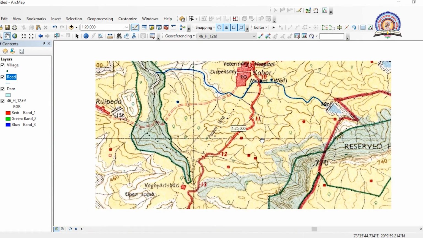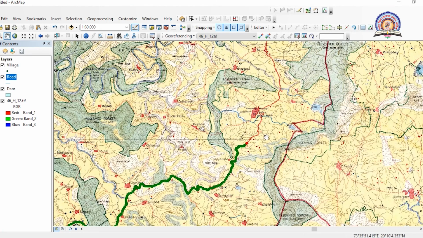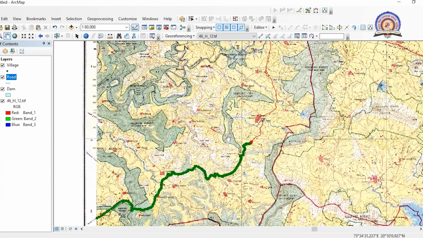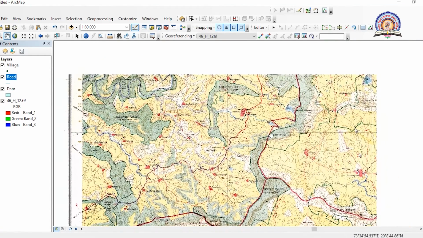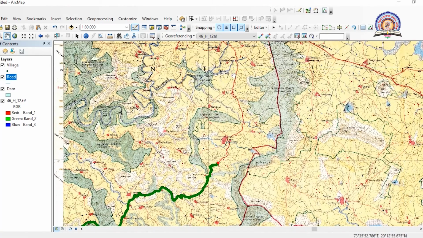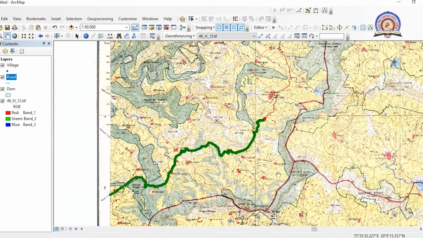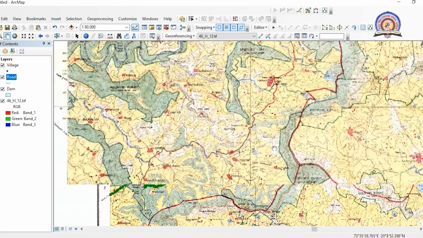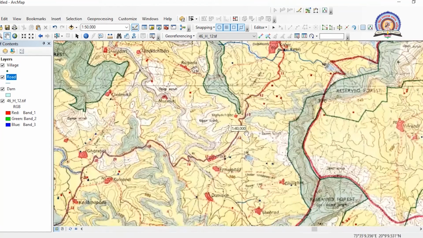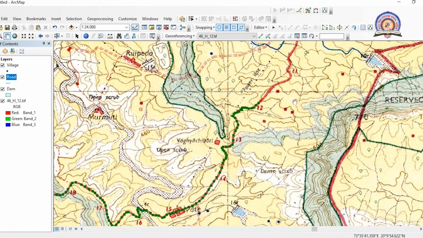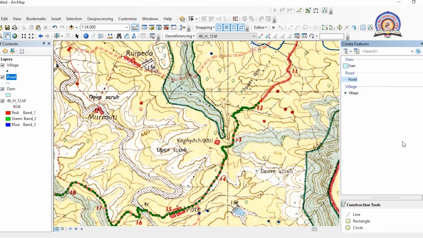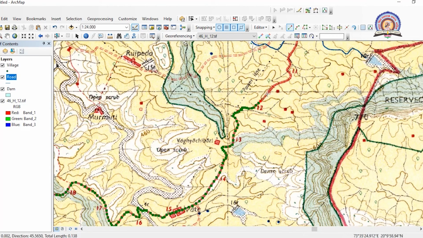You can also zoom in and zoom out to check out how much portion is remaining. So in this way you can see over here we have digitized this road up to this point. By using the same method we can digitize the entire road which is present in our database, or in a scanned map, or which roads we are interested in digitizing. Once we have completed our digitizing, say, for example, that I have reached the end point of this road, simply by double clicking,